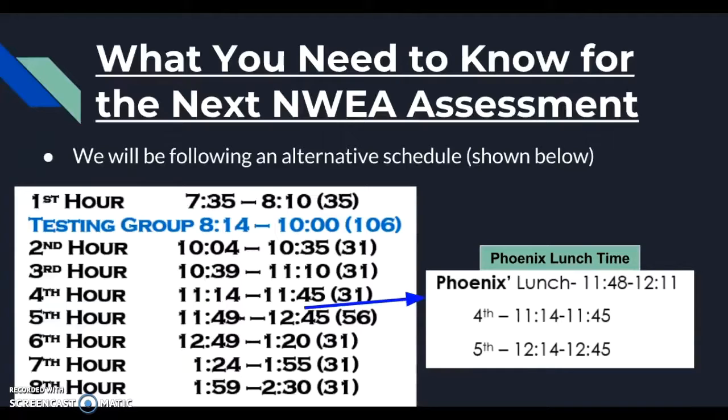A popular question is always about lunch, and so our Phoenix lunchtime is from 11:48 to 2:11 during those alternate scheduled days, and that is between 4th and 5th hour. And so what you will do is when you are dismissed from 4th hour, you'll go ahead and take your passing time and head to your 5th hour class, where you will stay and put your stuff until you are dismissed at 11:48 to go to lunch. It'll be pretty quick, but you need to be waiting for your teachers to tell you when to head down to the cafeteria. And then when you get back, that will be the start of fifth hour.